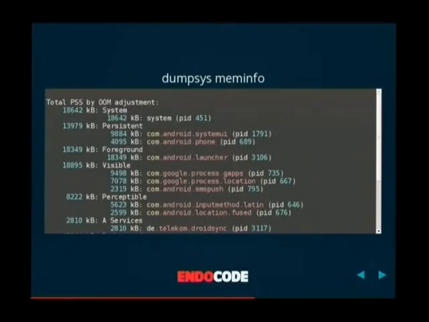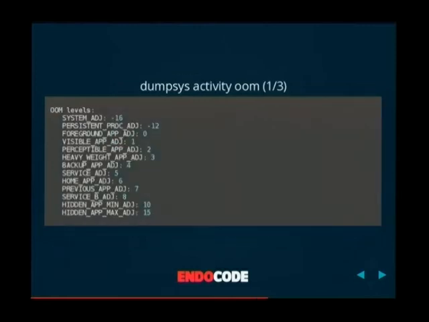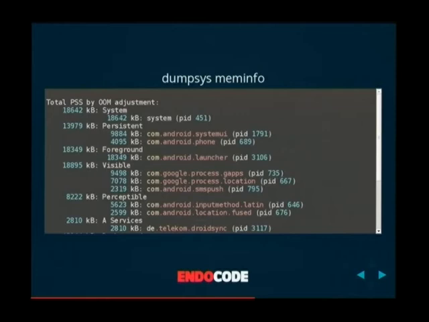And so that will tell you how much RAM it's using. And then you can also look at dumpsys activity OOM. I should actually point out that for dumpsys meminfo, you can give the process name. It'll give you detailed information about the actual processes running. And on KitKat, they've added a couple more categories, which makes it a lot more informative. It'll tell you how much the graphics layer is using, how much native memory you're using, and things like that. And that gives you a lot more useful information.